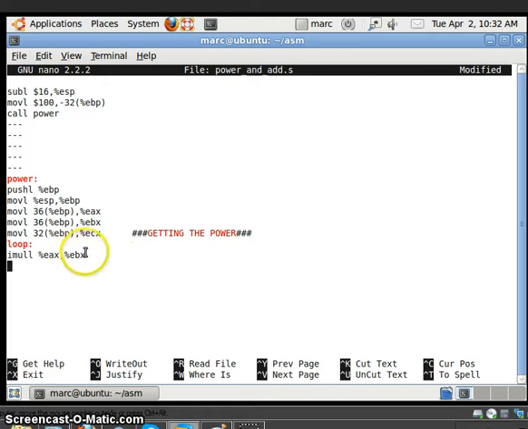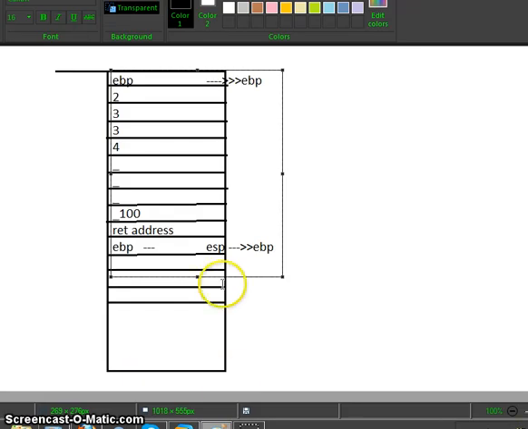Now, after getting the result in EBX, we should be storing it somewhere in the stack. So let's decide to move the value of EBX to some place on EBP at an offset of something. Let's decide where. EBP right now is over here.